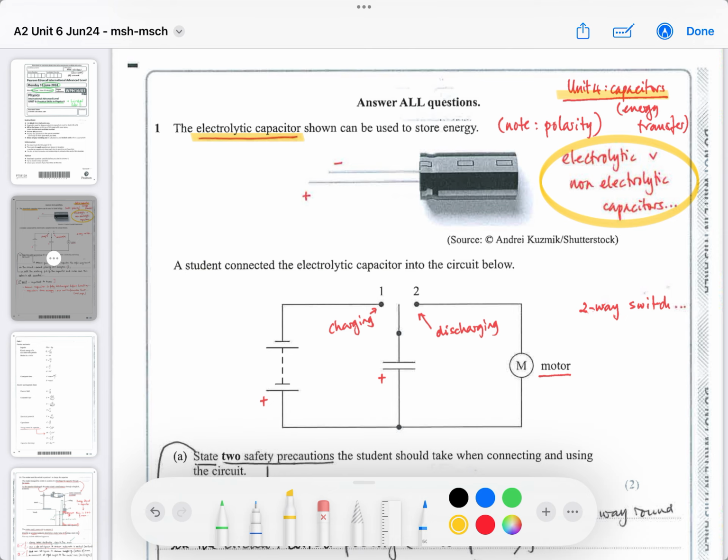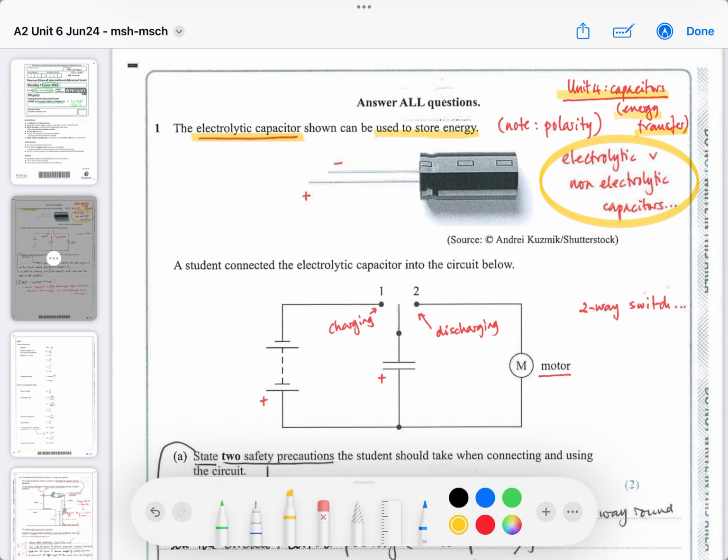It also covers energy transfers in this equation. So there's a lot of theory which is also helpful for people doing the linear exam. This will help you prepare for your exam on Monday. I believe you have Paper 2 on Monday. So, an electrolytic capacitor